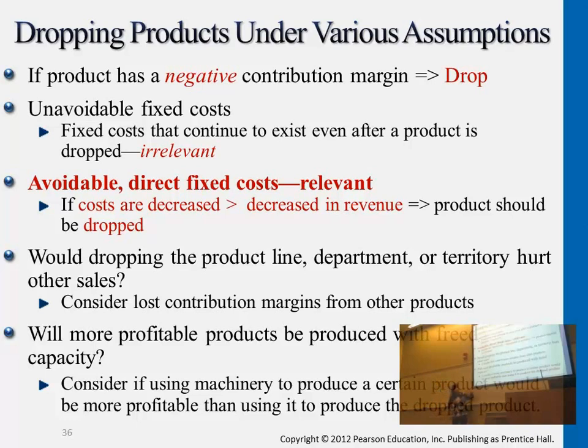Okay, so of course if we give up a type of product, then that department, either the space or the resources, how can we use it better for other types of products? So managers need to consider this as well. If we drop this, are we able to use that machine to produce more of other products that give you higher contribution margin? What do we use the free space, free capacity, and the resources for?